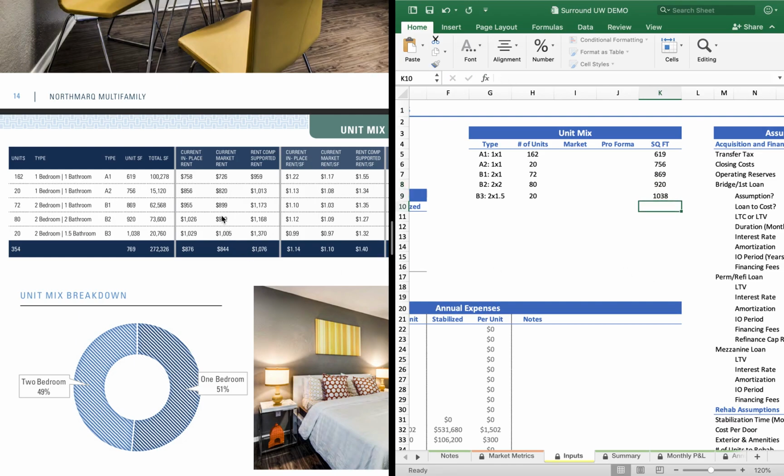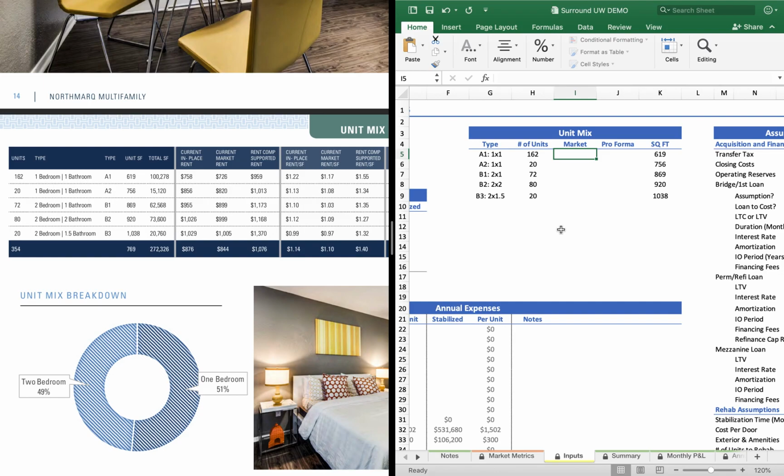Okay, great. Now rents is where it gets a bit trickier. Do you use the market rent? Do you use the in-place rent? Do you believe what the broker is saying? And this is where the rent roll might come in handy. But to start, we'll just do it the easy way, and we'll just assume that the current in-place rent